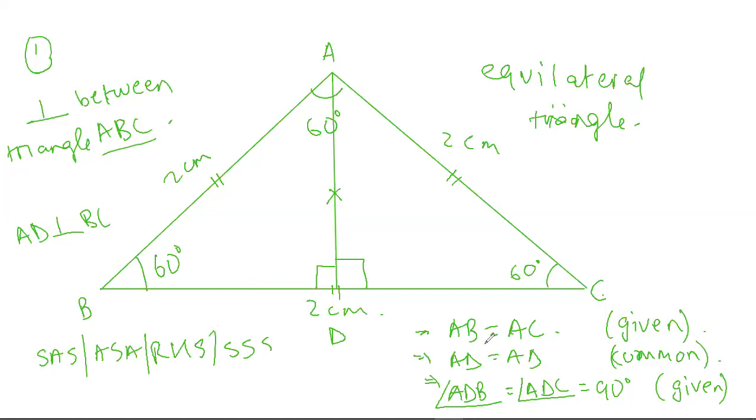In this case, this side is equal to this side, AD is the common side, and there is a 90 degree angle, in which angle ADB is equal to angle ADC, which is 90 degrees. So therefore the RHS law is being fulfilled. So therefore triangle ABD is congruent to triangle ADC. Okay, so before moving on, I'll make some space.